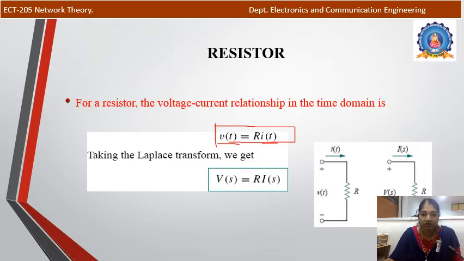Okay, so the time domain circuit is this, and the second one is the Laplace domain equation. So here the change is I of t is changing to I of s, and V of t is changing to V of s. Similarly, there is no change in the circuit parameter, that is resistor R. This R is not depending on the time function, that is why it is taken as a constant. So there is no change when we are taking the Laplace transform. So R is itself R in time domain and also in the frequency domain.